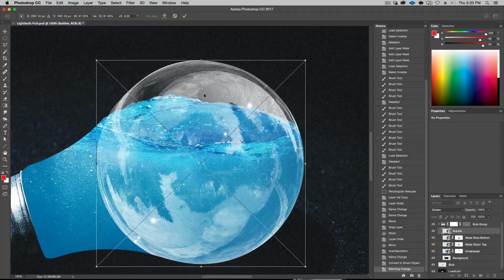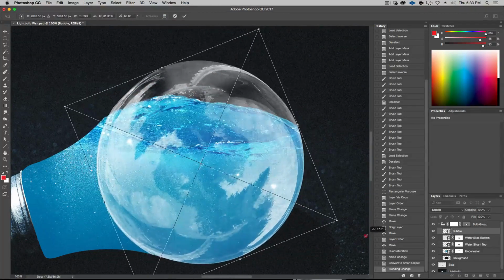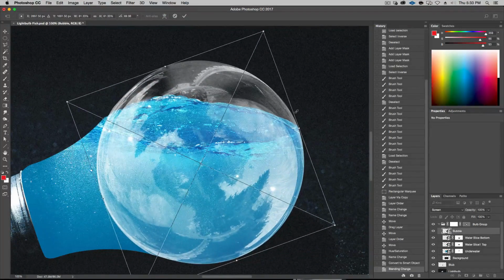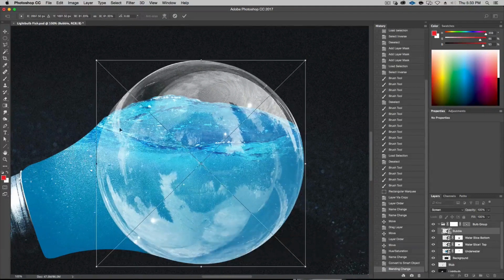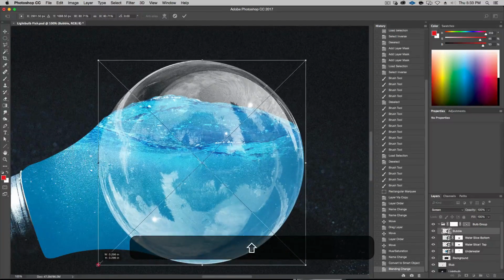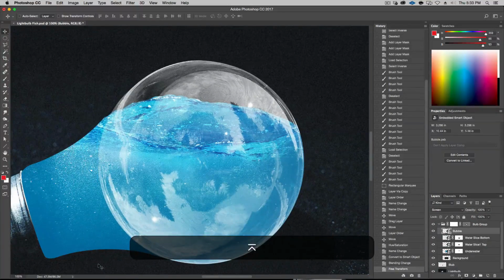If you really wanted to, you could bring this sort of middle section over here on the right. It wouldn't be that hard. You can just rotate it. I personally liked it straight, so I'm not going to do that. I like it like this. Okay. So I'm pretty close here, pretty good here. I think we're good here. So I'm just going to hit return, and we're good.